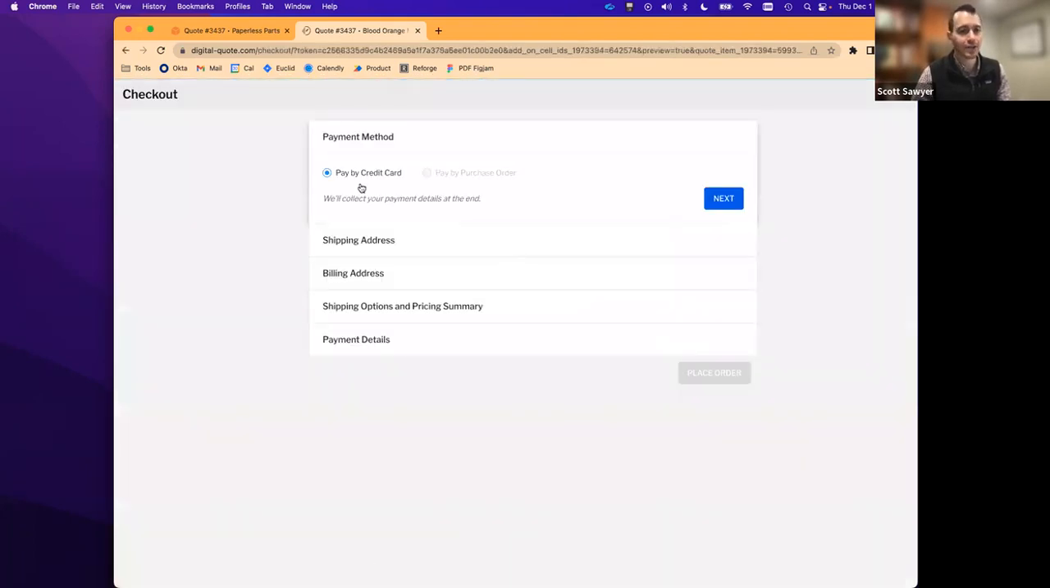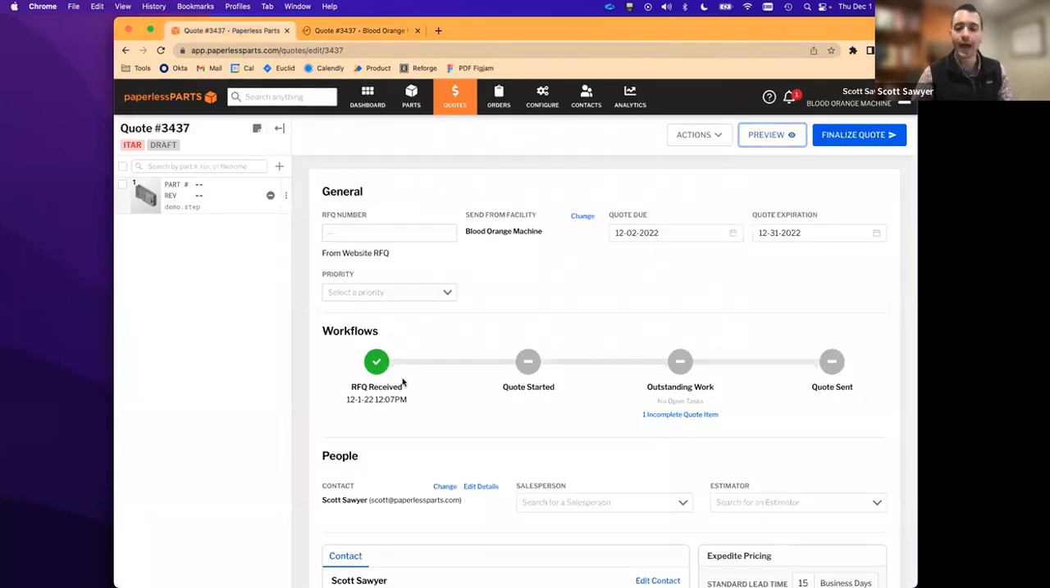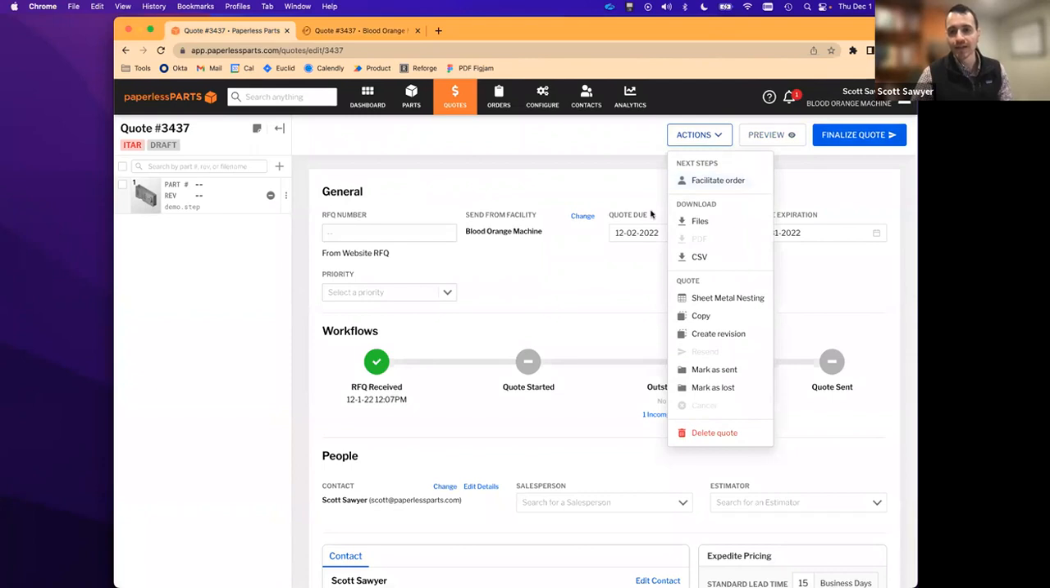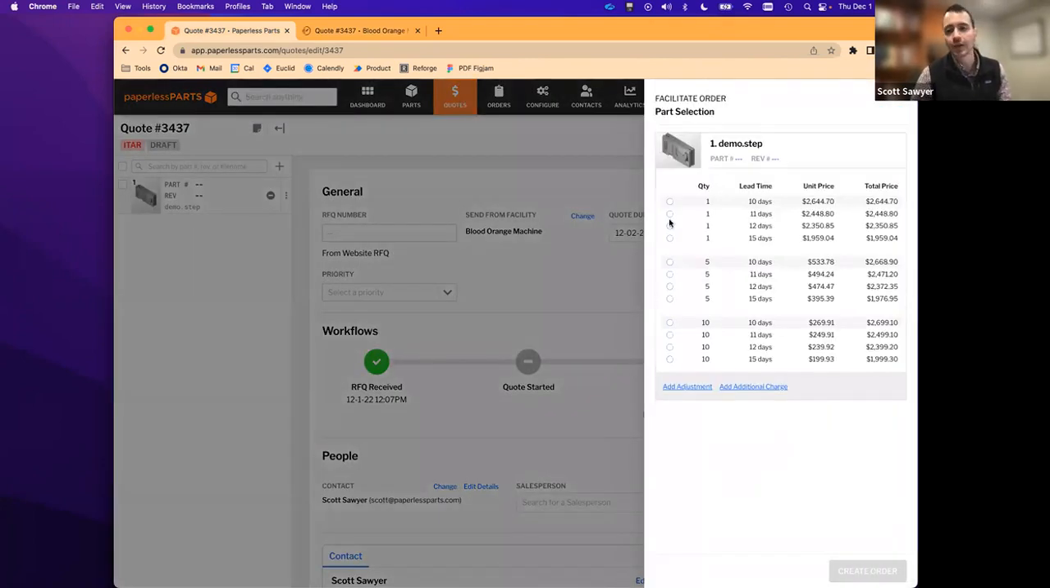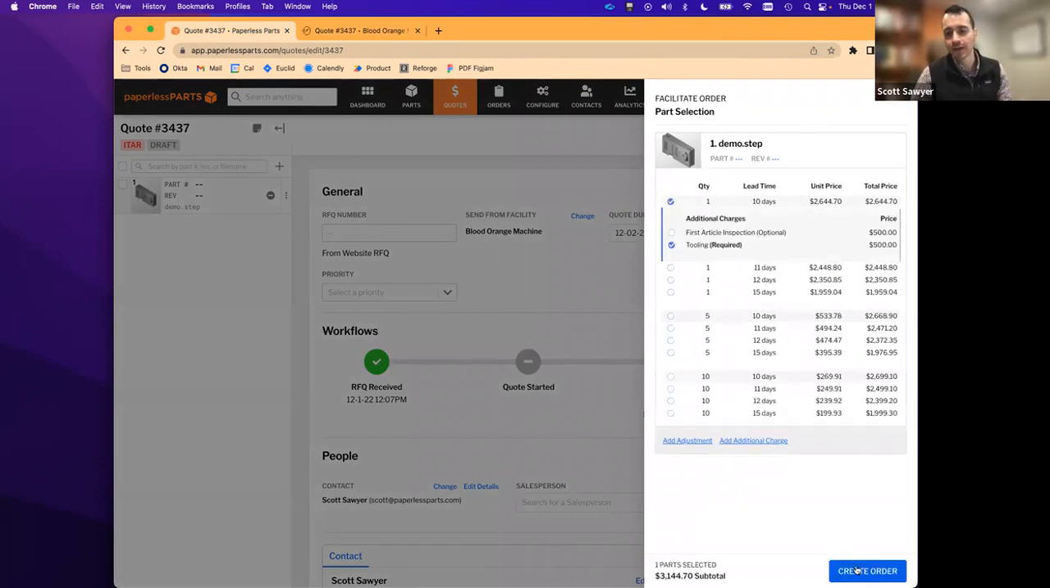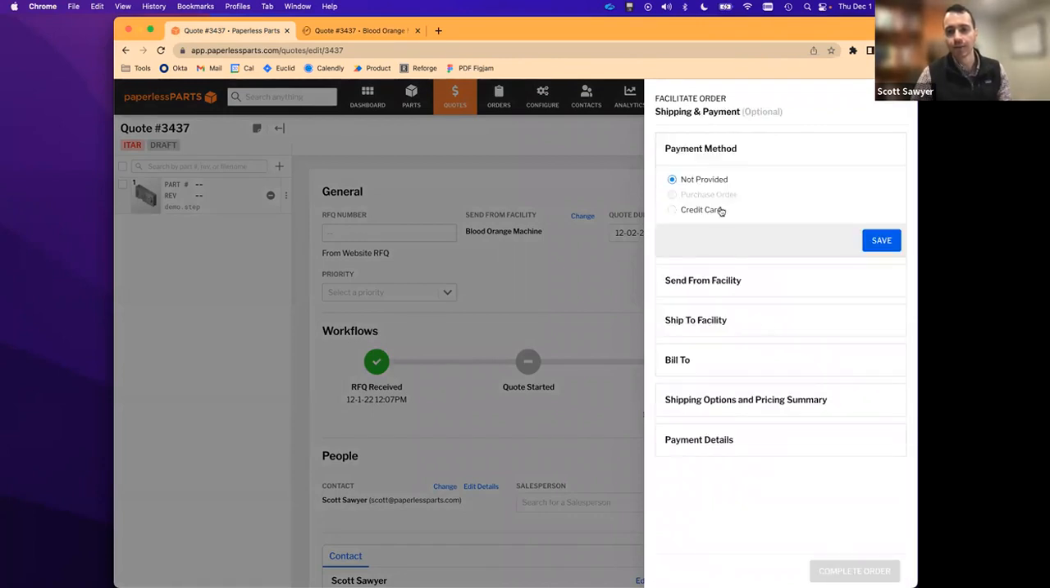So we have the ability to check out. We provide this e-commerce feature that would allow that order to come in. Of course, a lot of your customers may just send you a PO, and that's totally fine too. So the way you would handle that in Paperless is we call that facilitating an order. You can come in here and specify what they wanted, create the order,